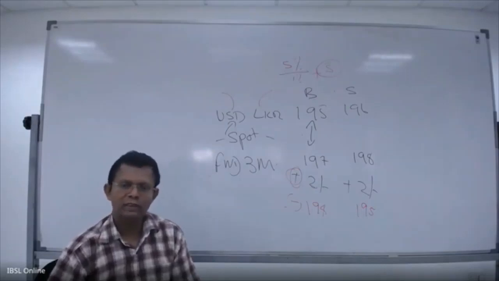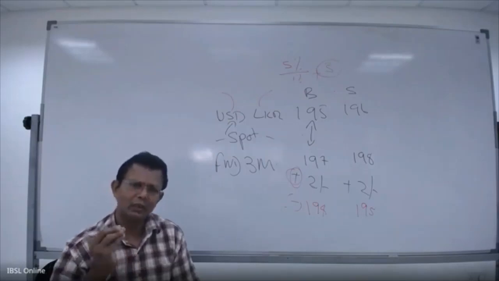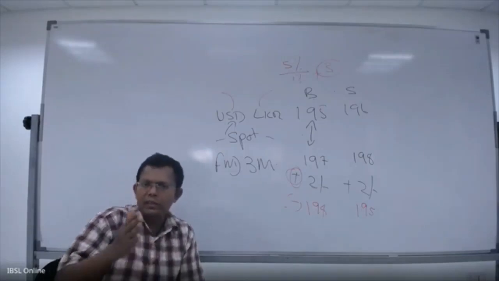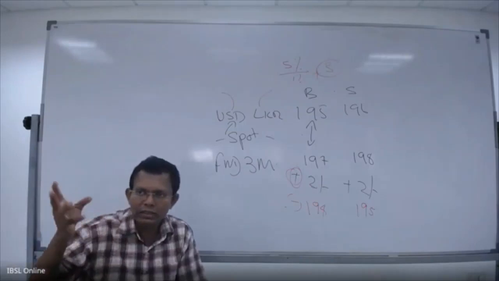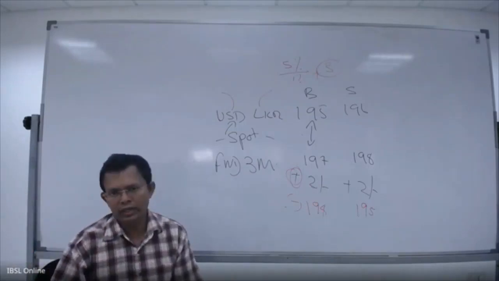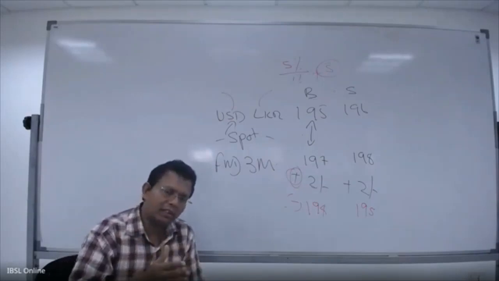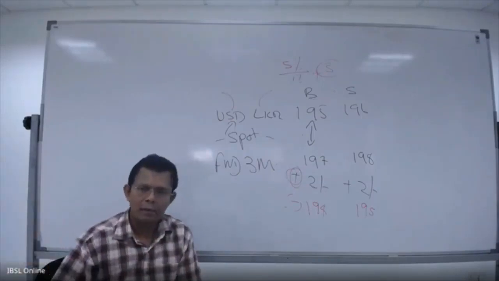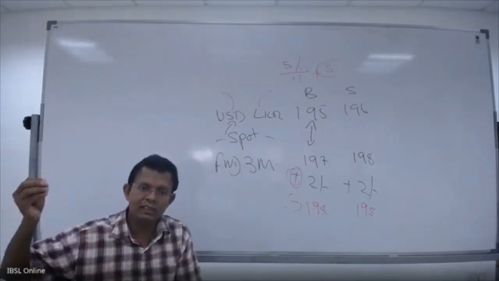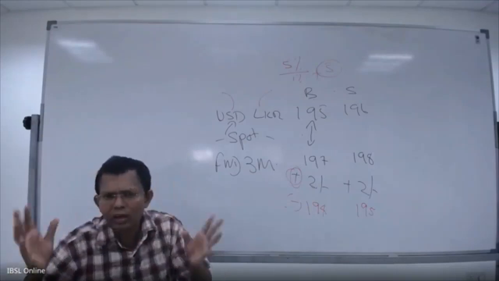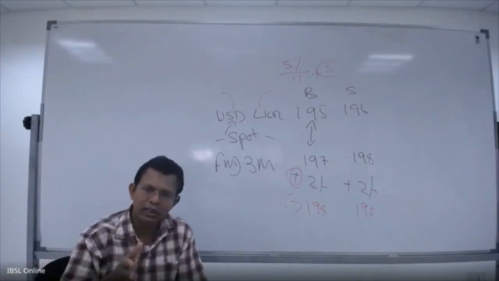Interest rate swaps means what? IRS. You entered into a loan agreement that is fixed rate, but you need to convert this fixed rate into floating. You think the interest rate will become very weak, then you need to fix it. So there is a huge market in the world. Your thinking may be different now.